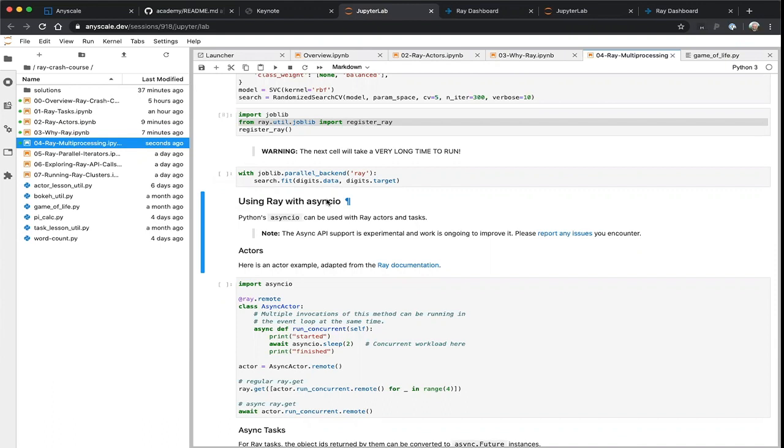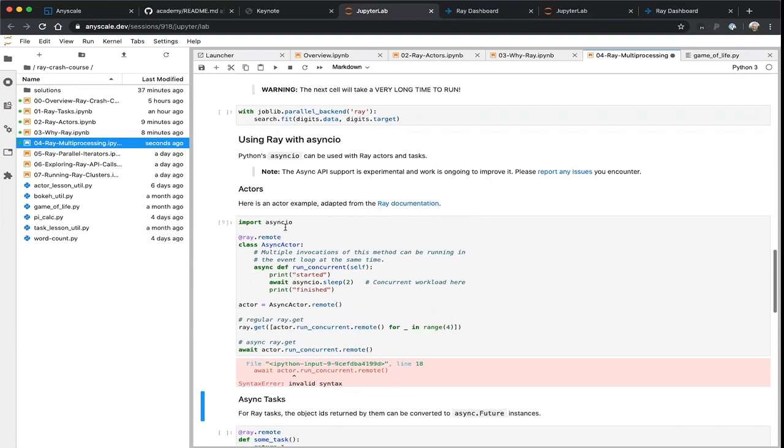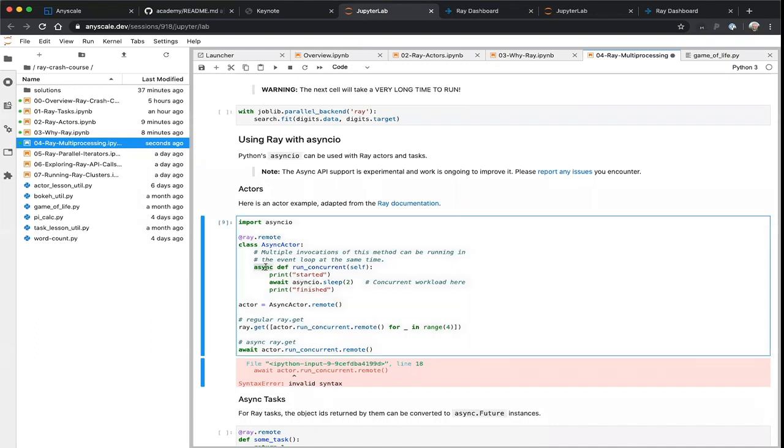And we don't actually replace asyncio, but we integrate with it in Ray. So let's look at how that might work. I'm going to import asyncio, and I'm going to define an actor called Async that's just going to basically print some stuff and sleep. And notice that this async keyword is here, which allows it to be invoked multiple times in the event loop